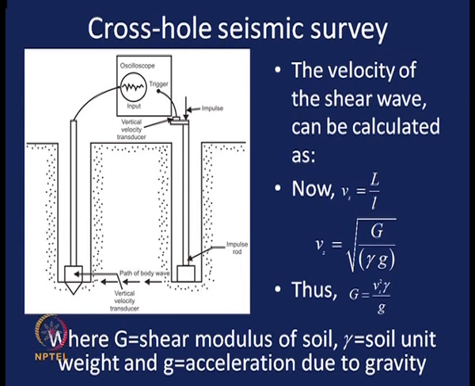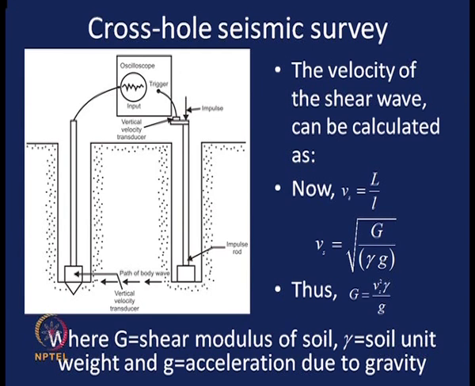In this seismic cross-hole survey, we need at least two boreholes. The depth of the boreholes is decided based on the position where we want to determine the soil properties or the shear wave velocity. So we go to that depth and place the two boreholes. In one borehole we place a vertical transducer to measure the wave, and in the other borehole we can